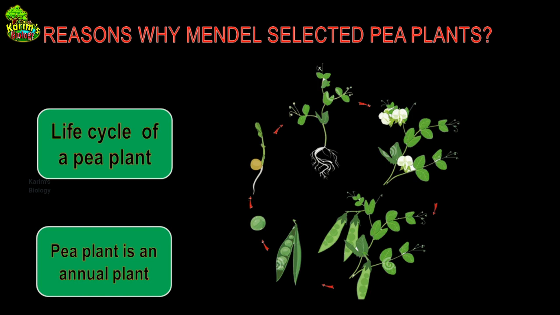So this is probably another reason that Mendel selected this plant for his experiments. He was performing self-fertilization and cross-fertilization, and he had to wait for the result, right? He could not wait for 2-3 years to get the result of one pollination, one cross-fertilization. That's why he chose this pea plant for his experiment. This is the second reason.